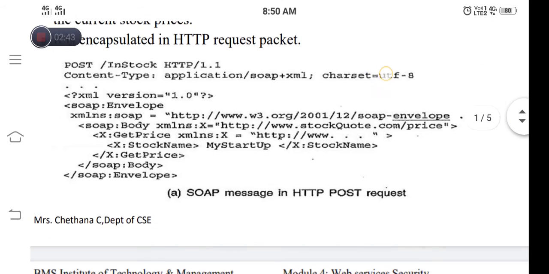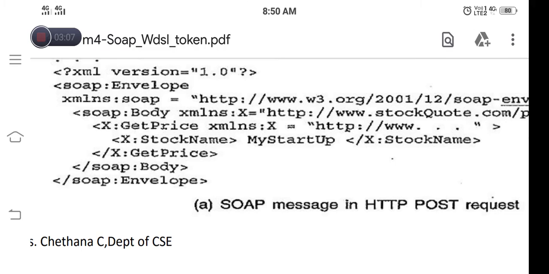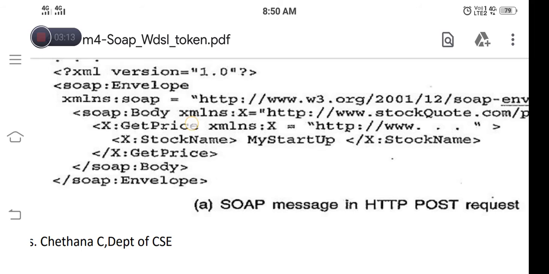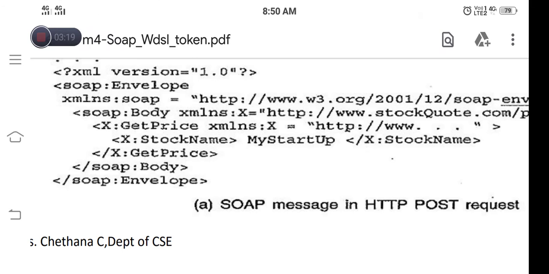Here we have an example where we are seeing a SOAP message in an HTTP POST request. This shows the SOAP request message from a client to a provider for the current stock prices. As we can see here, we have the tag SOAP:Body, and here we have the GetPrice element, which indicates it is the request message from a client to a provider about the current stock prices.